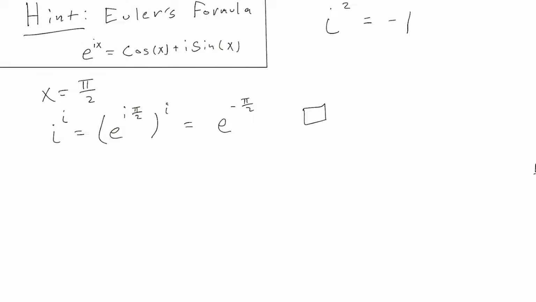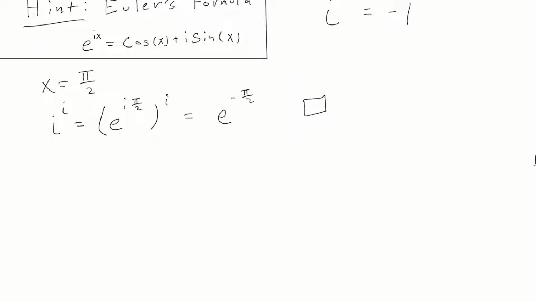But then I got to thinking. I said, hey, I used Euler's formula for this, and I know that cosine and sine repeat if you shift x by a value of 2 pi. So there's something weird going on here, because if I repeat this proof, you could choose x equals pi over 2, but you could also choose x equals 5 pi over 2. That would be equivalent to just going pi over 2 counterclockwise and then going around an entire circle. You still land on i,